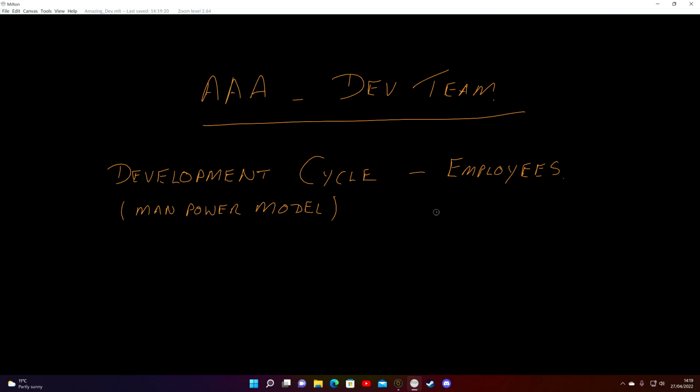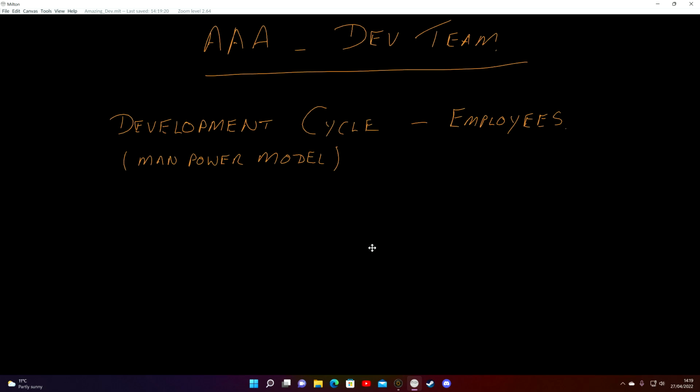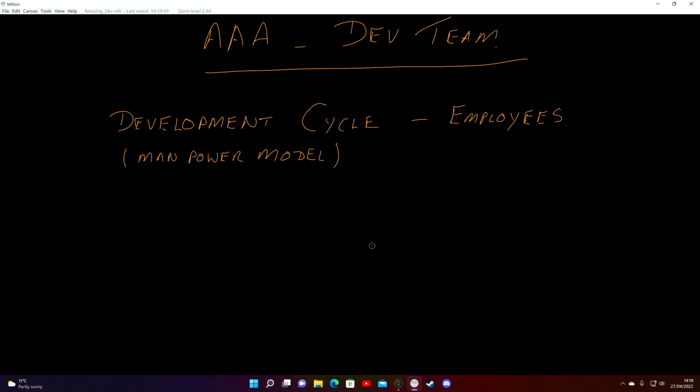So everything rides on this first planning session. They're not planning to develop the software. They're planning a manpower model. This has nothing to do with game development. This is to do with business. This is a business model.